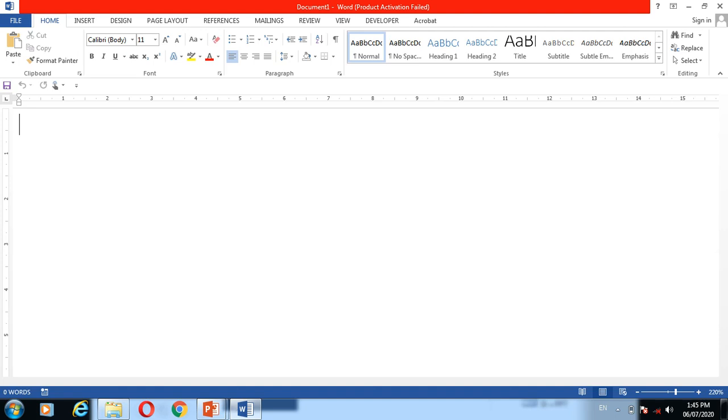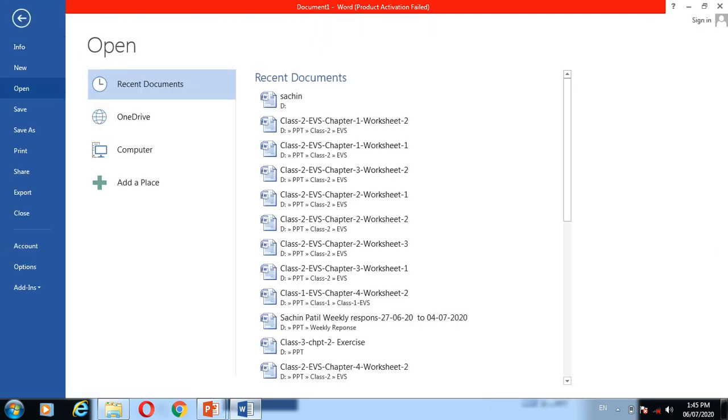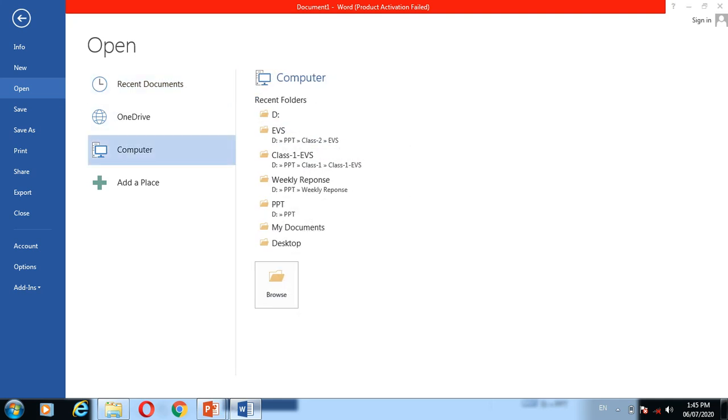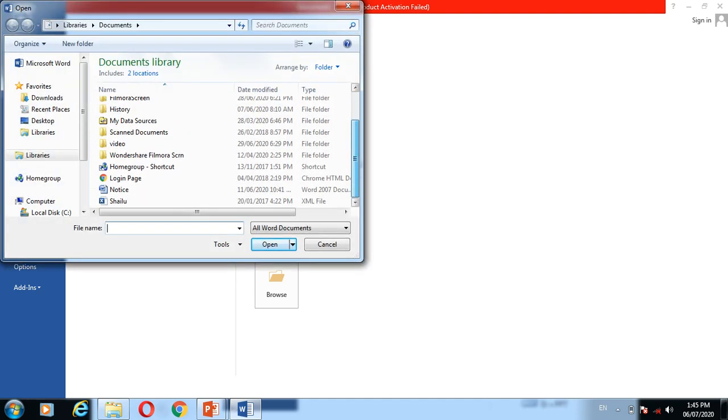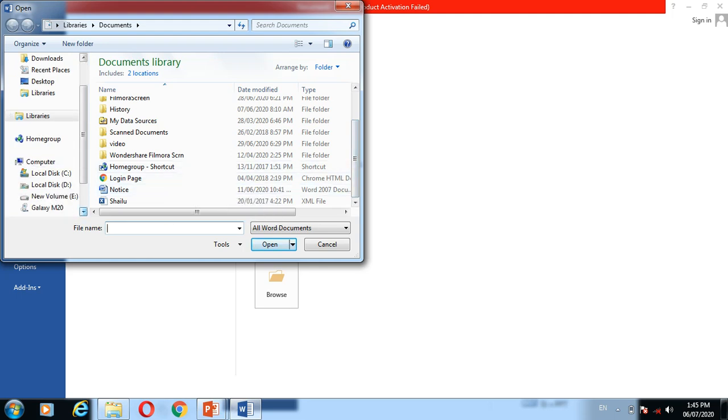We go to the File tab. We click on this Open button. The recent files are here. We click on the location and find our file in the path or location.